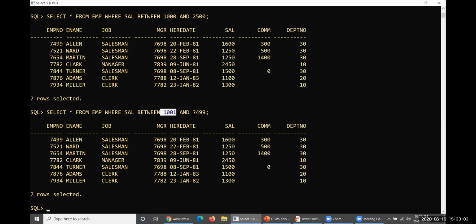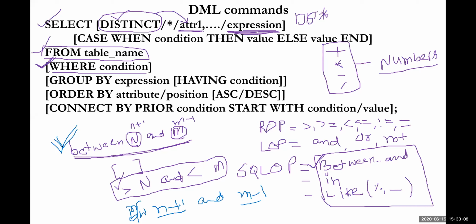And you need to remember one particular point: between and could always be operated only on the number kind of data type. Only NUMBER. It gets operated only on number type or otherwise float kind of data type. Only these two could be operated. If you are not taking either number or float, then between and could not be taken into consideration. So that is what you need to remember regarding between and.